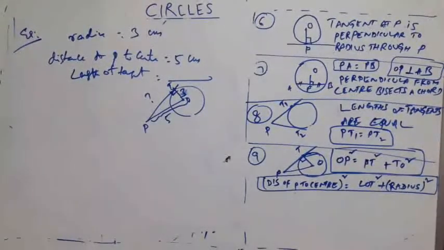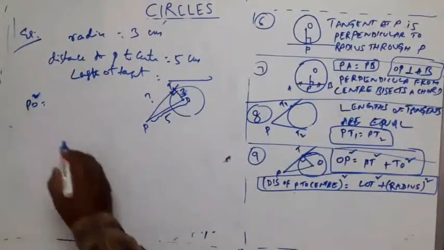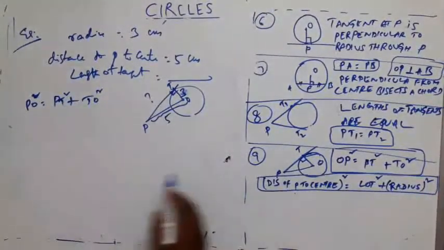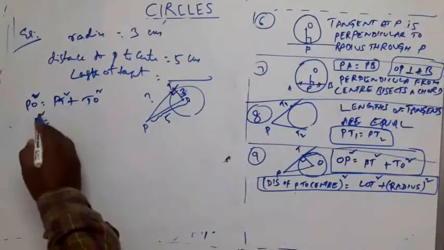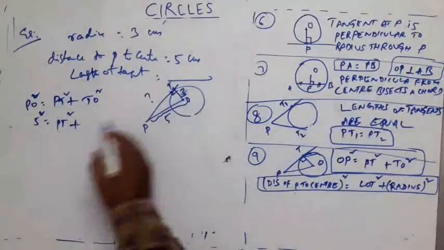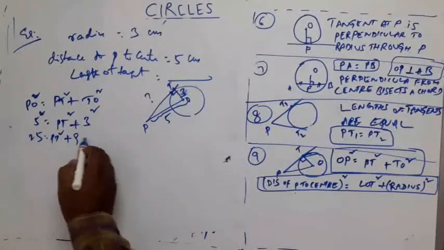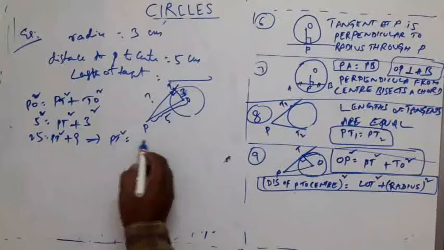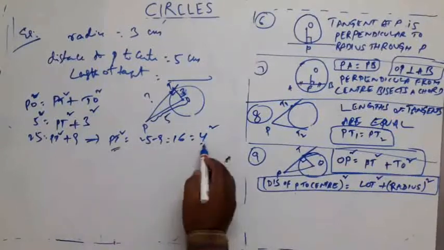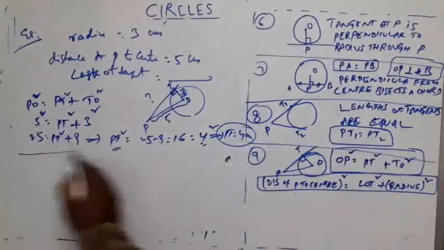So use this formula. Simple. Hypotenuse square, that is this one, longest side, right? So PO square is PT square plus TO square. That is our formula. That is 5 square is equal to PT square, that is required, PT is length of tangent, plus TO square. TO is radius, that is 3 square. So 25 is PT square plus 9. From this, PT square is 25 minus 9, that is 16. 16 can be written as 4 square. PT square is 4 square. So length of tangent PT is 4 centimeters, right? That's all. This is one model.